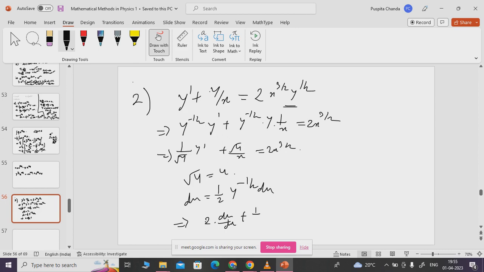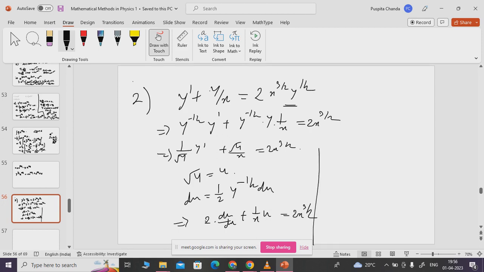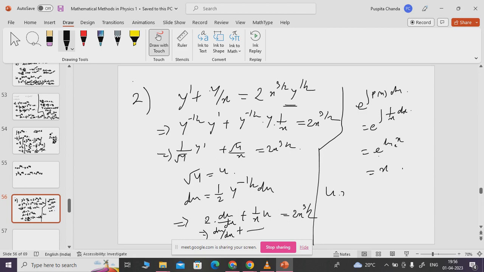Now we will substitute root y as u, so du will be half of y to the power minus half dy. So this equation will become 2 into du by dx plus 1 by x u is equal to 2 x cubed by 2. Again similar to the previous question, e to the power integral of p dx, here 1 by x dx, so it is ln x, so e to the power ln x will become x, so u into x